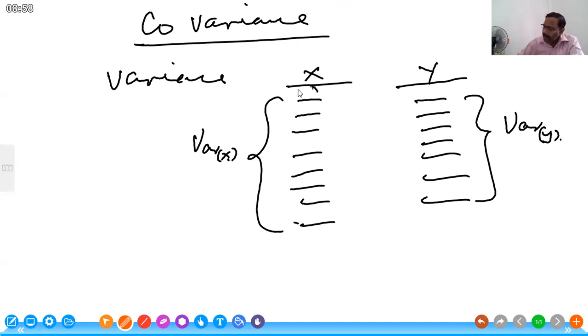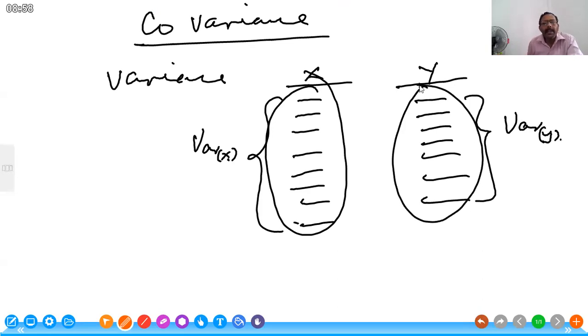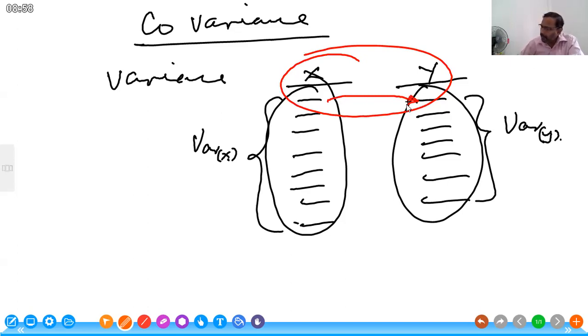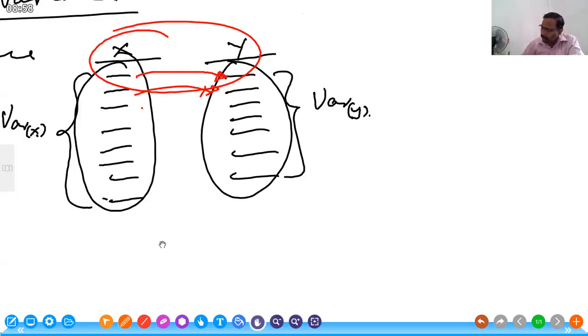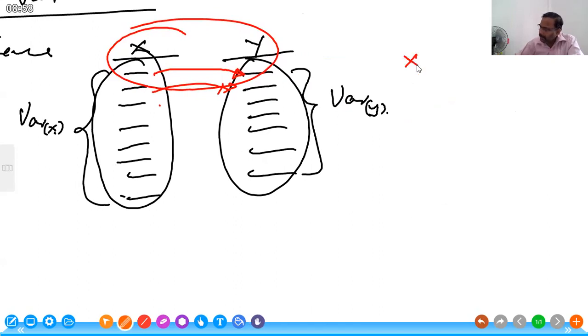So if I calculate the variance of x separately and the variance of y separately, they are called variance x and variance y respectively. Now what I am going to do is calculate the variance of these two, for example, by multiplying this x and y. So I have another column, x variable and y variable. After multiplying x, y, you have